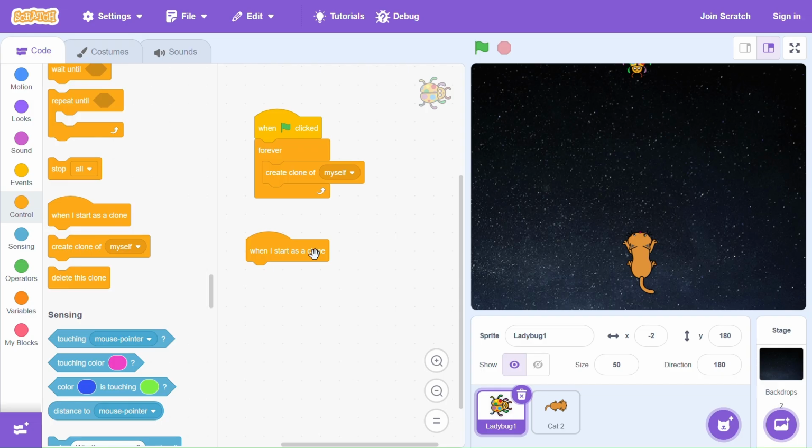So I'm going to stop this, and let's bring in when I start as a clone. When I start as a clone, what do we want to do? We want the clone to move downwards towards the cat. To do that, we have to change the vertical position. If I bring the master sprite down close to the cat, you notice that the y-axis figure there is reducing. So that tells us that we have to change y position by a negative number. I'm going to set it back to 180,